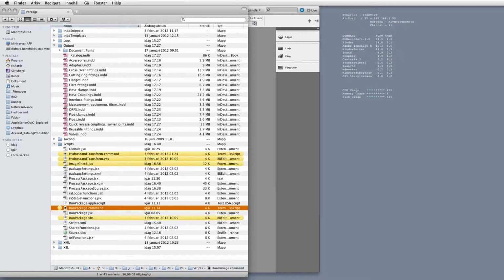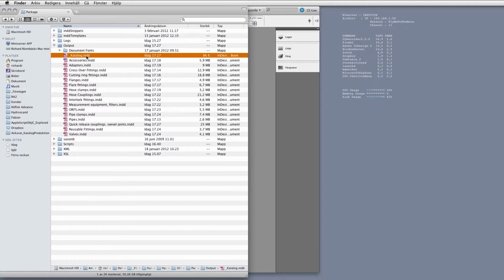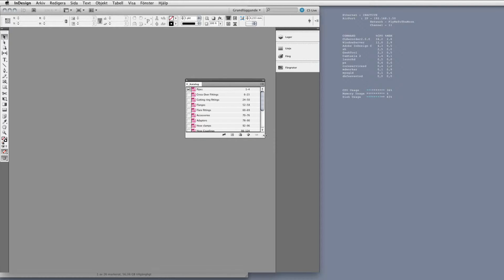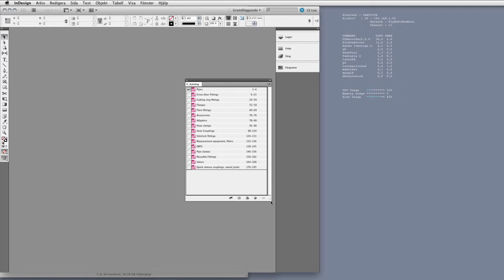Okay, so once all documents have been built, we are ready to take our first look at what the InDesign documents will look like. We can close the scripts folder because we don't need it anymore. So a good place to start is by opening the catalog, the book file that contains all the other files. In case you haven't used a book file before, it's just a way of bringing many InDesign documents into one,